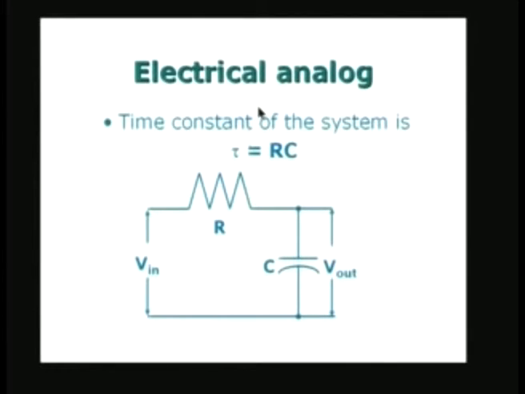slide I am showing the electrical analog of the same situation. The time constant of the system is RC, where R is the resistance and C is the capacitance, and suppose I connect the resistance and capacitance like this. I input a voltage V in, this is like the T infinity, and the output voltage V out is the response of the system. So, R and C in series like this, and I am putting the input as I showed here. This input may be either constant or varying with respect to time, and then the output is going to appear across the object, which is the